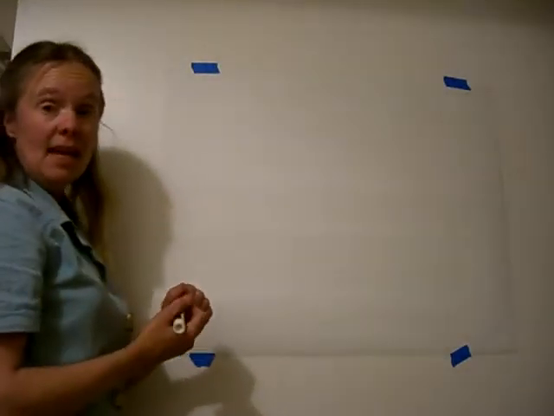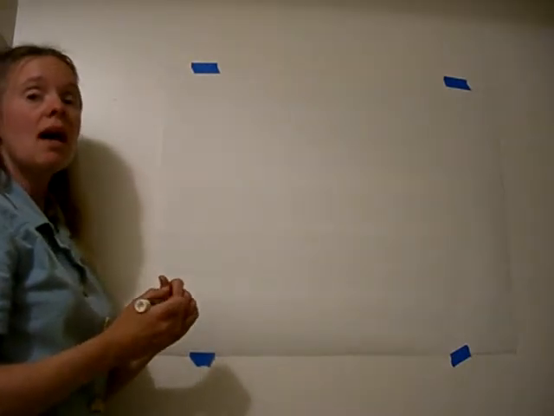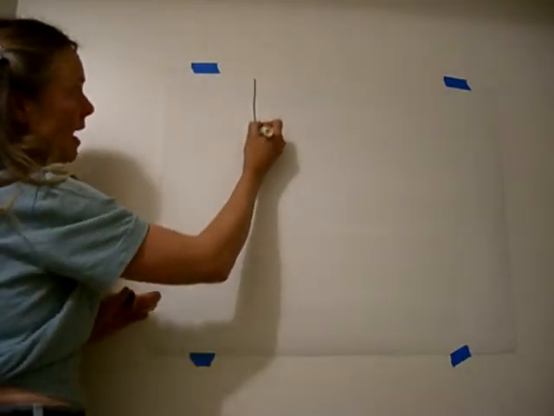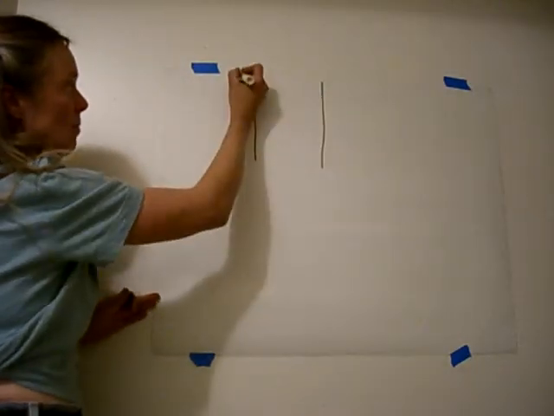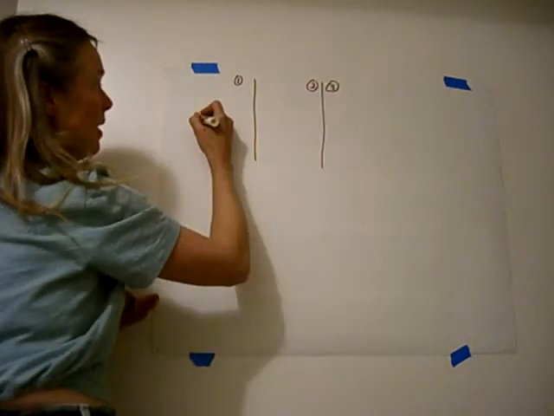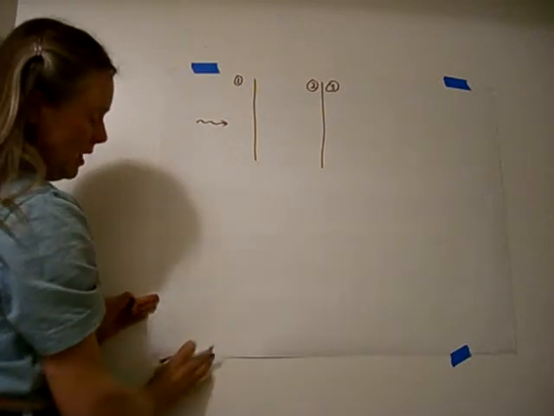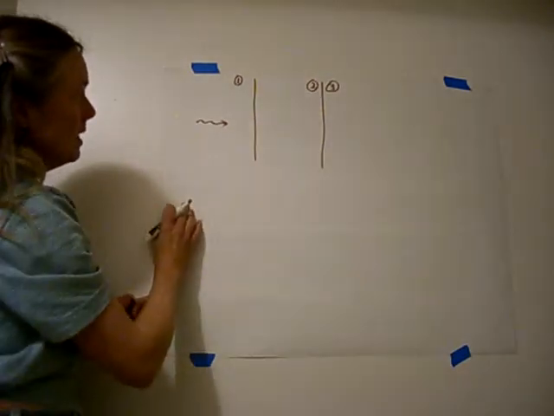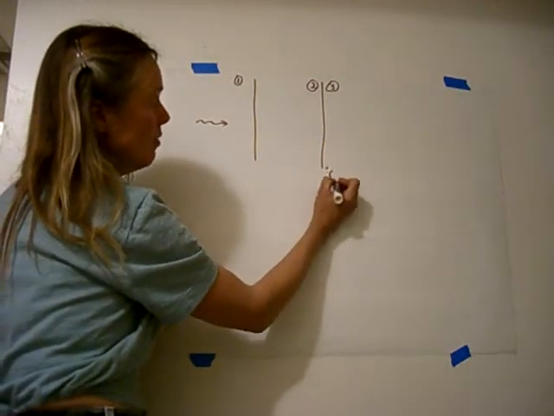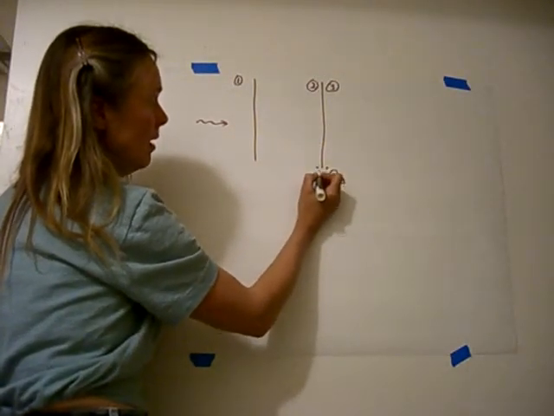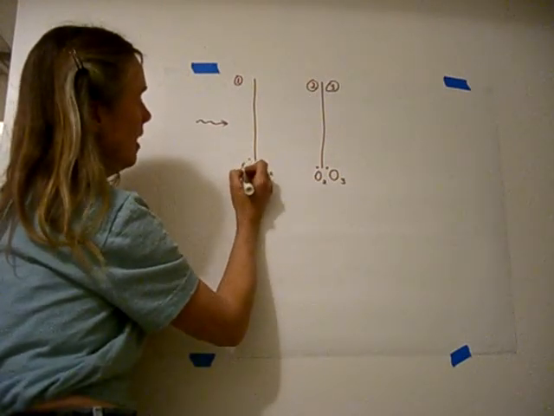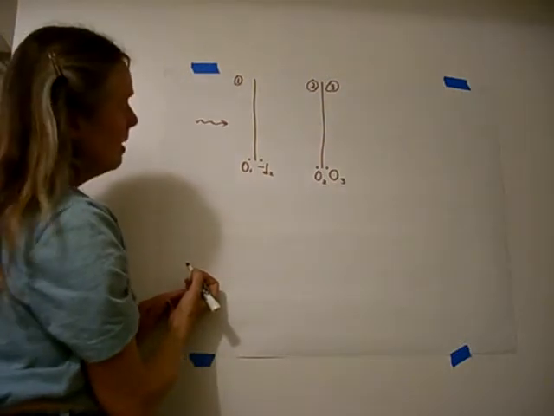Okay, now that we have seen how to do 3 regions for a lossless material, let's do 3 regions with a lossy material. We have exactly the same system where we have region number 1, region number 2, and region number 3, and our electric and magnetic field are incident on our layered material, normally incident in the same direction. We do exactly the same thing that we did before. We put an origin for 3 here, an origin for 2 here, minus D2 on the left-hand side, and O1 here on the right-hand side.